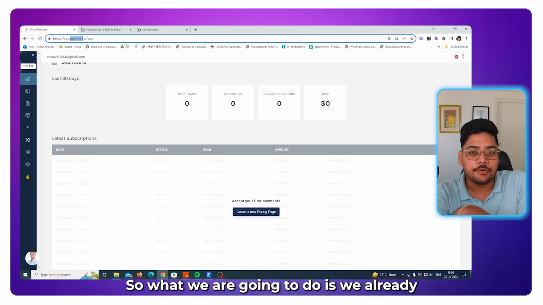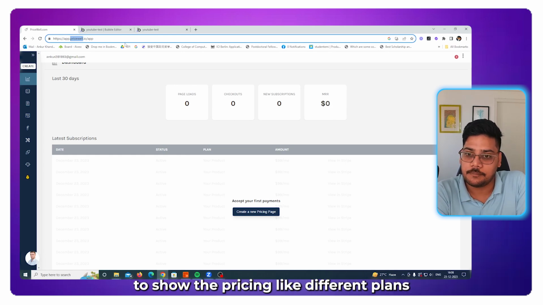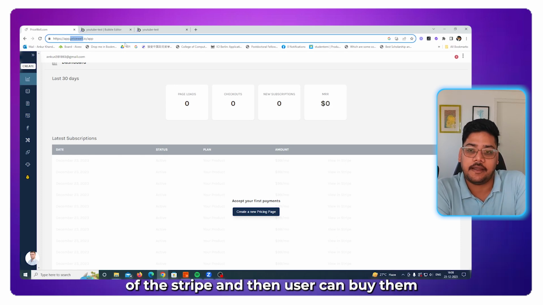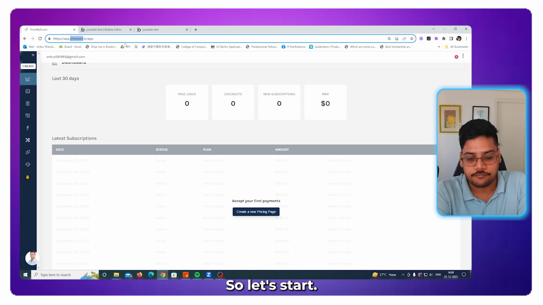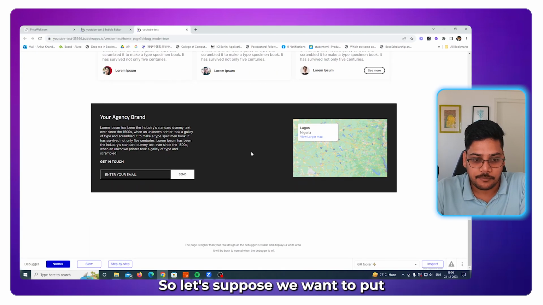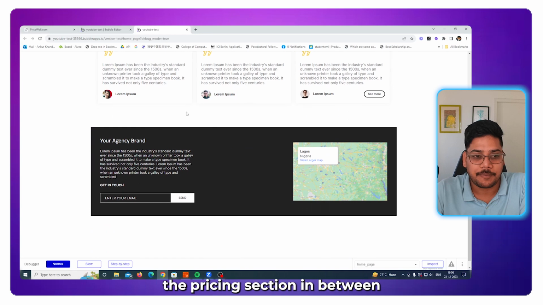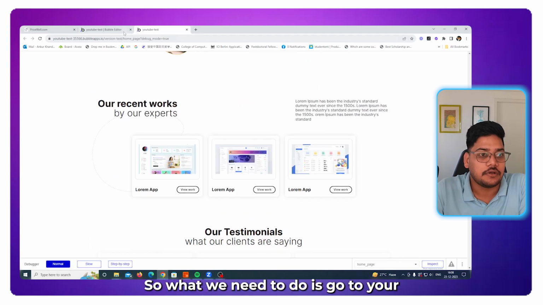So what we are going to do is, we already have one landing page where we are going to show the pricing, like different plans of Stripe, and then the user can buy them, and we will store the information in our Bubble app. So let's start. This is the landing page we have. Let's suppose we want to put the pricing section in between this testimonial and the address. So what we need to do is go to your